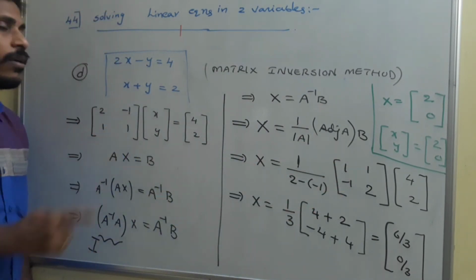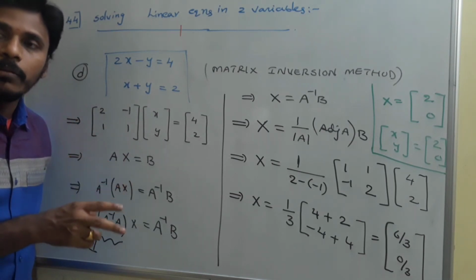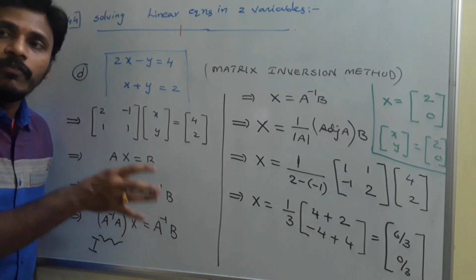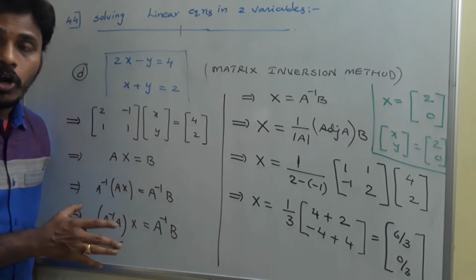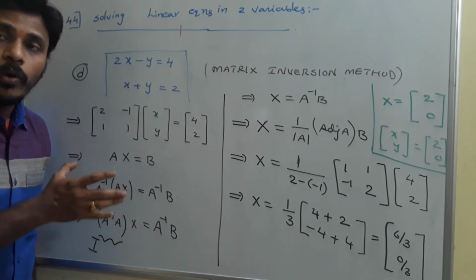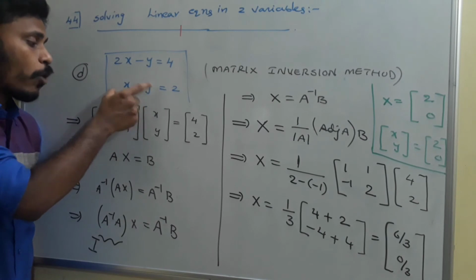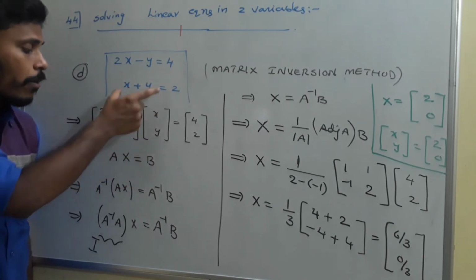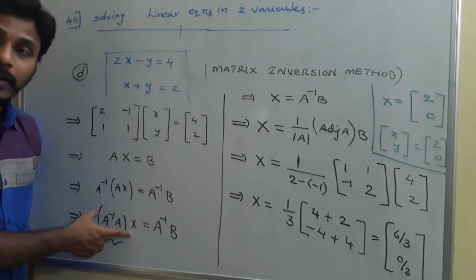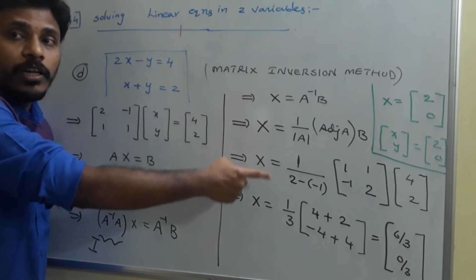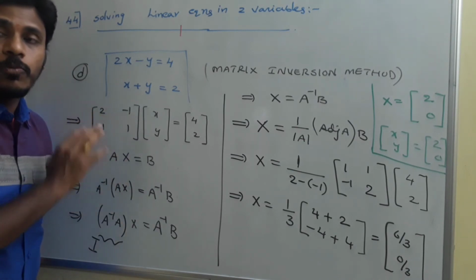Previously we solved the given linear equations in two variables using the elimination method. There we found the values of the variables x and y as 2 and 0, and now here about the matrix inversion method. So once again, to solve the linear equations by matrix inversion method, first of all we need to convert the given equations from algebraic form to the matrix form. And after converting, simply you need to find that variable matrix x as A inverse B. After that, with the definition of A inverse, easily we will solve it, and then we will get that variable matrix. From there, small x and small y. Just have a look.